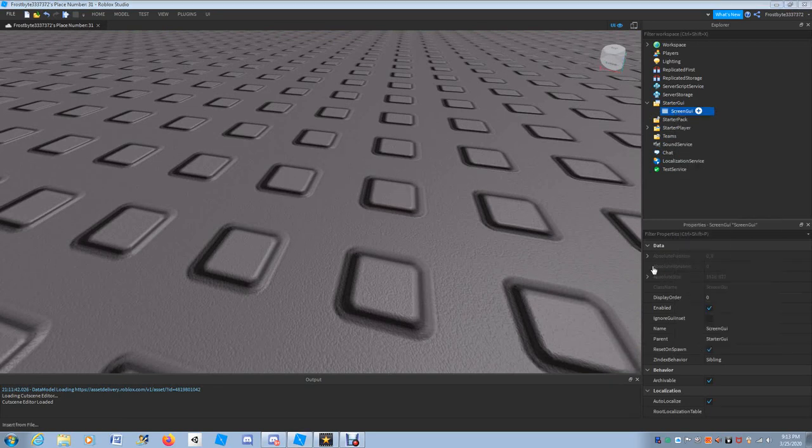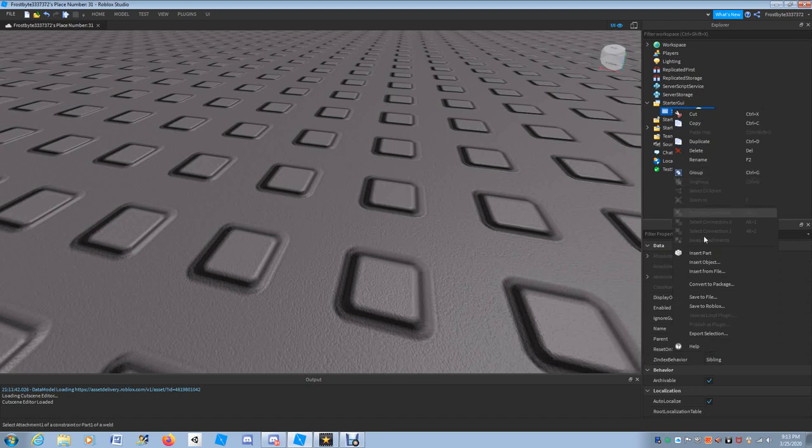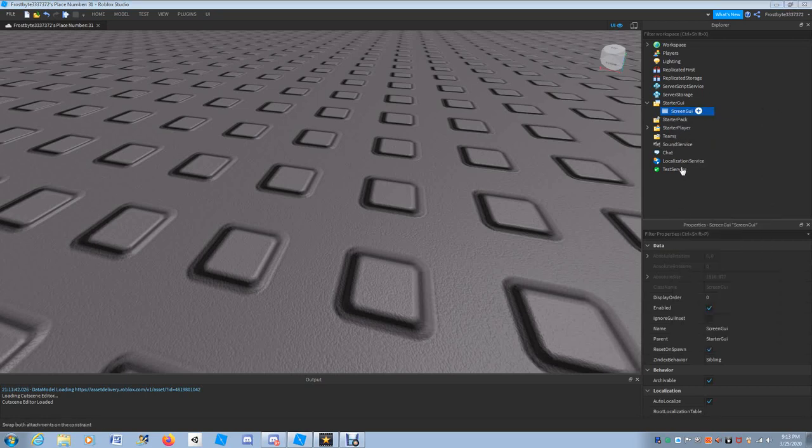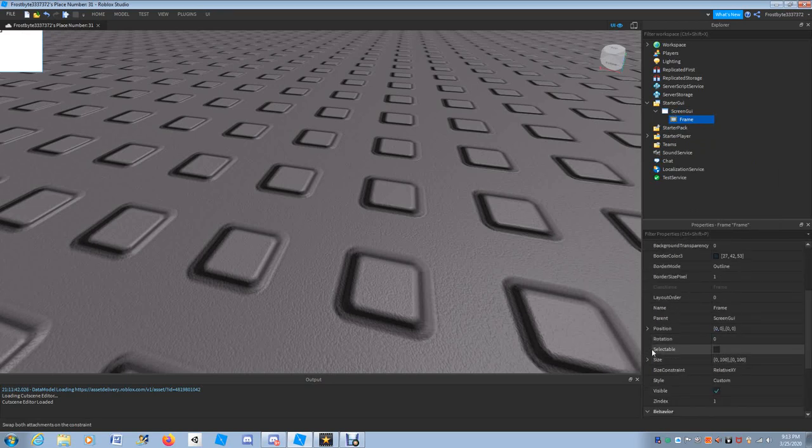So first you've got to add a screen UI, so you can see all the screen UIs. Then you can add a frame, so you can put all your stuff inside it. Make sure to size it with scale, so it doesn't distort for